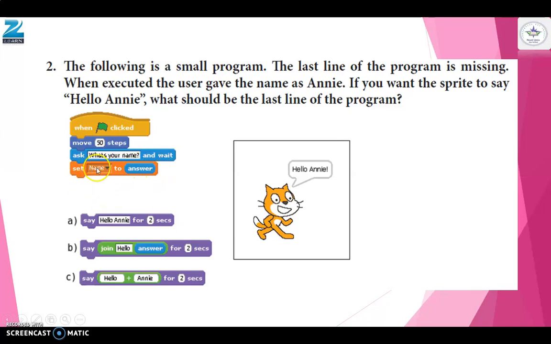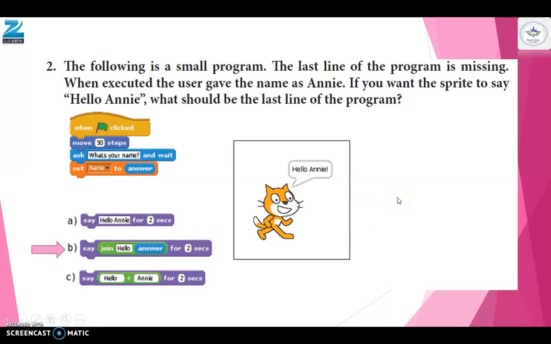Okay, but last block is missing here. So what can be the last block? Say hello Annie, say join hello answer for 2 seconds, say hello plus Annie for 2 seconds. Okay, here Annie is entered but we don't know what will be entered. So from answer we can take the input, so that can be this B. Say join hello answer, that will be Annie for 2 seconds.